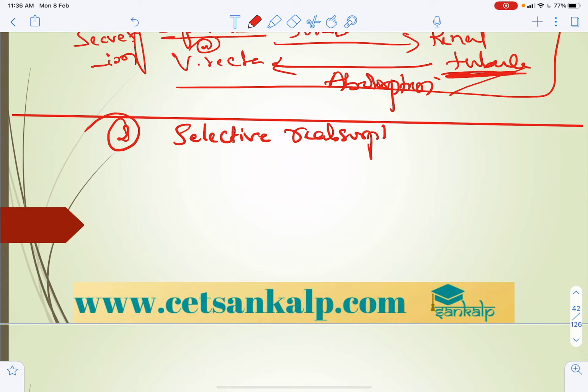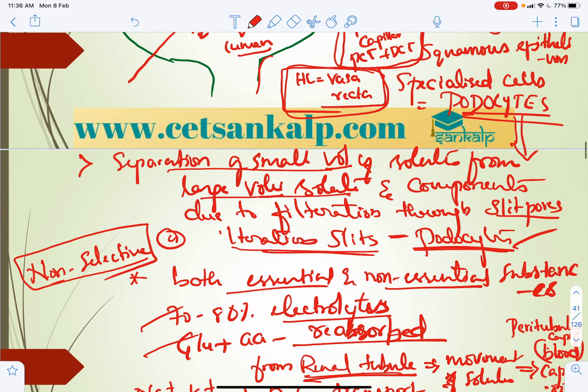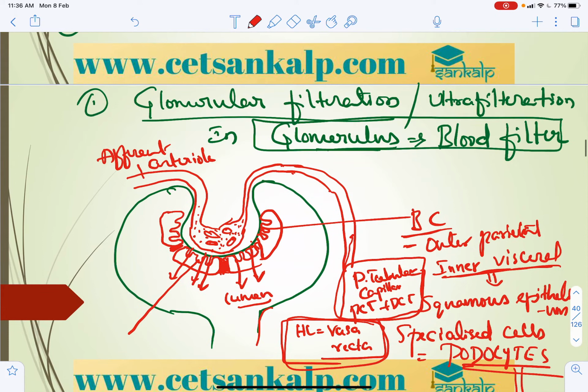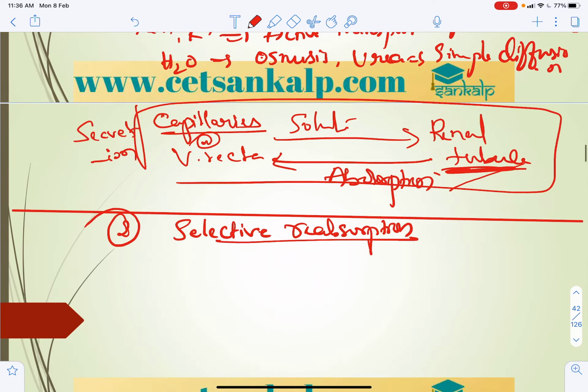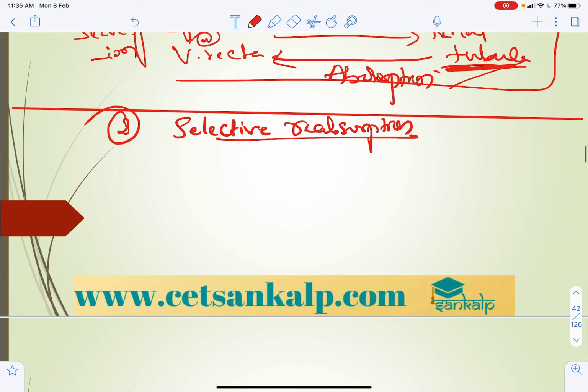Why is it called selective reabsorption? Here two things you have to keep in mind: in glomerular filtration, the process is by means of passive process, whereas in selective reabsorption,